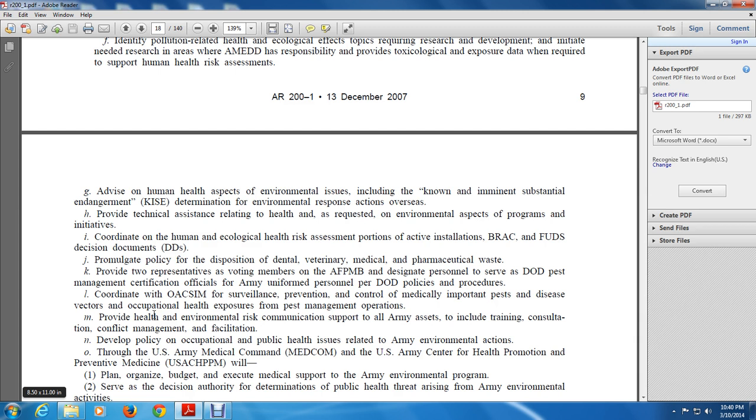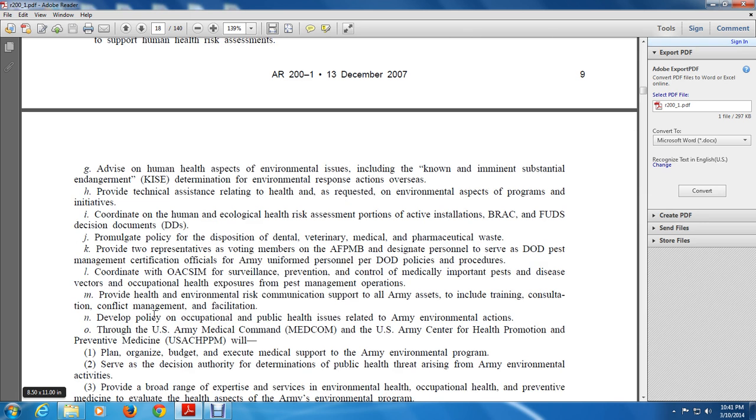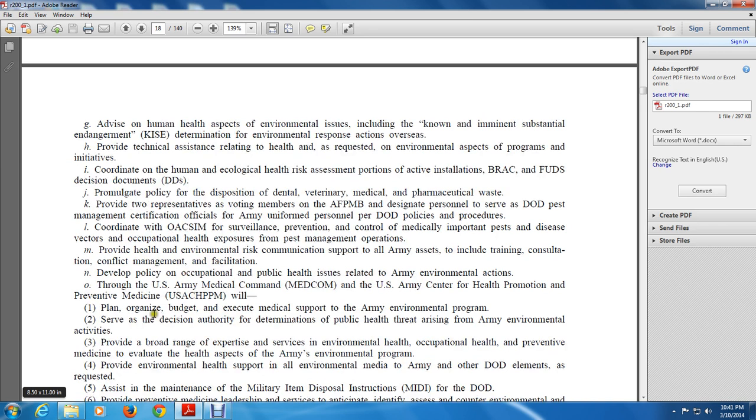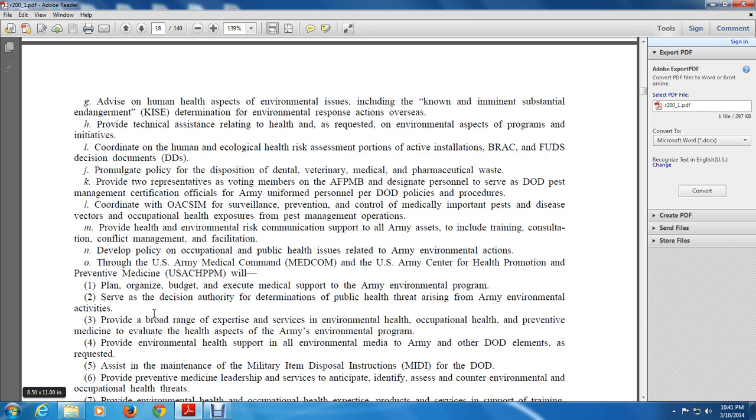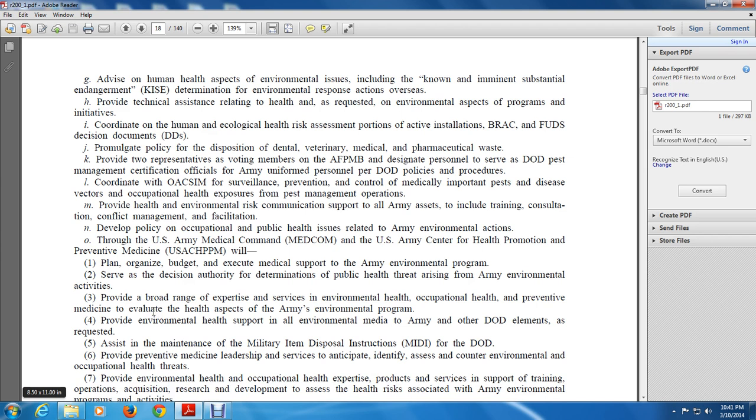Will: 1. Plan, organize, budget, and execute medical support to the Army environmental program. 2. Serve as decision authority and determine the public health threat arising from Army environmental activities. 3. Provide a broad range of expertise as a service in environmental health and occupational health medicine to evaluate health aspects of the environmental program. 4. Provide environmental health support, environmental media, to Army and DoD elements, as requested. 5. Assist maintenance,